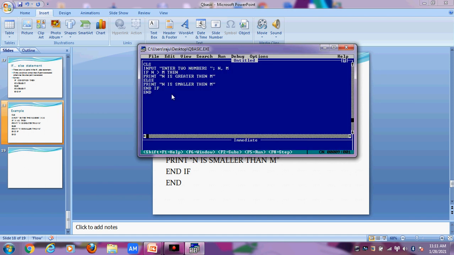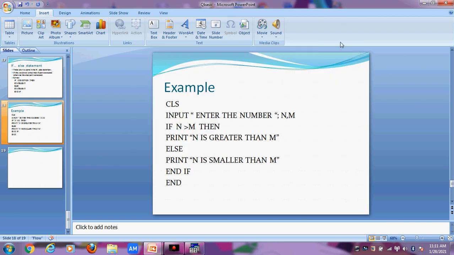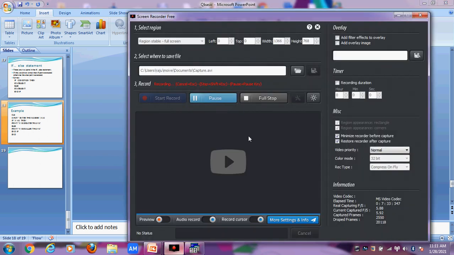So this is all for today's video. In your homework, write down these notes plus this program and the syntax of the if else statement in your copy, as well as write one more program to find the smaller number from the given two numbers. It is similar, all the things are similar, only one thing is changed. So complete this in your copy, and in the next video I will explain the next program.